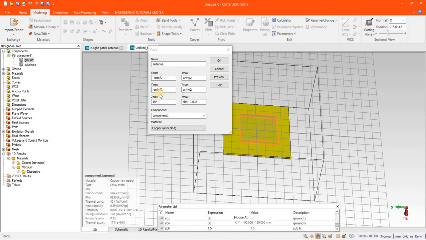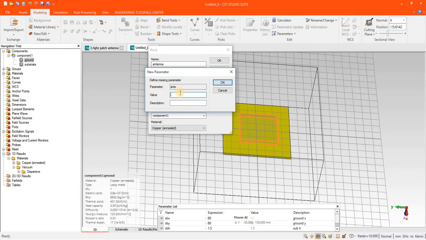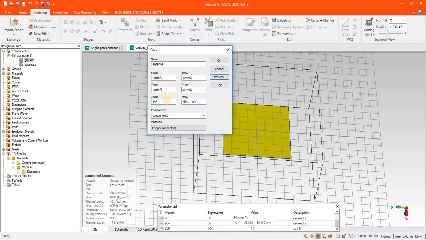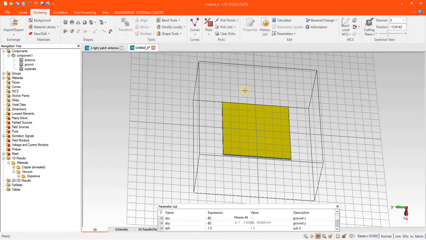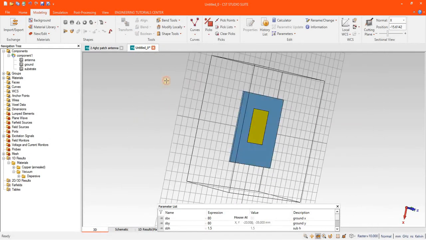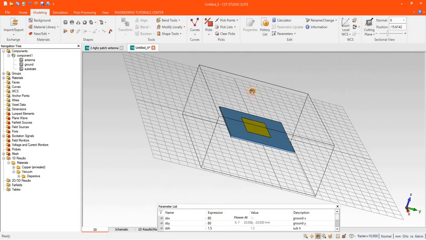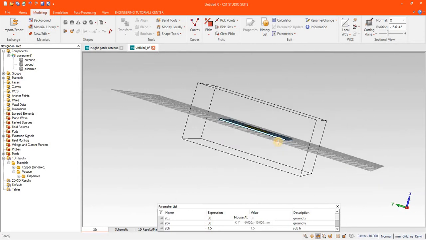Assign a new variable to the antenna. Material has been assigned, copper as a perfect conductor. Press OK. You can see that the antenna design has been created.